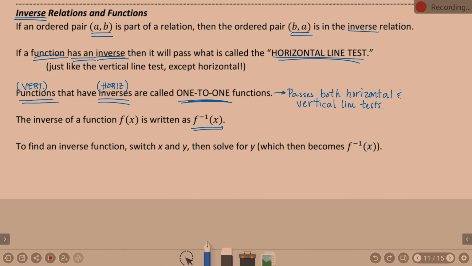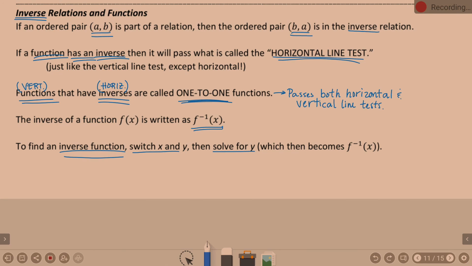Maybe today, maybe tomorrow. To find an inverse function, take your x and your y and you switch them. And then once you switch them, you solve for y. Okay? And we will practice that in example 4. But we've got to get through example 3 first. So, we can get through example 3 in 5 minutes. I'll probably just leave us example 4 to start with tomorrow. Okay. So, as you flip to the back side of your notes,